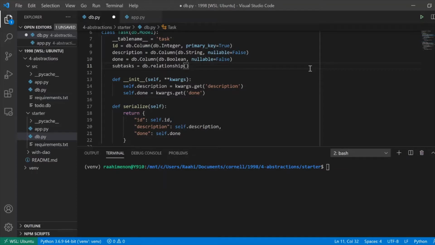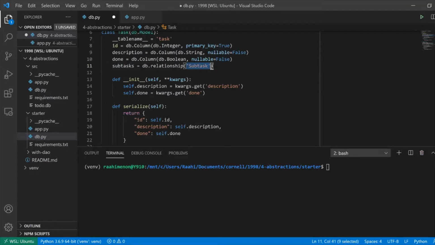So it's going to be db.relationship. What are we having a relationship with? Well, Subtask. Rocky, that's capital. That's not the name of the table. Yeah, SQLAlchemy does some weird stuff. Usually it's really smart and it's really great, but it does have a couple annoying things. One of them being,